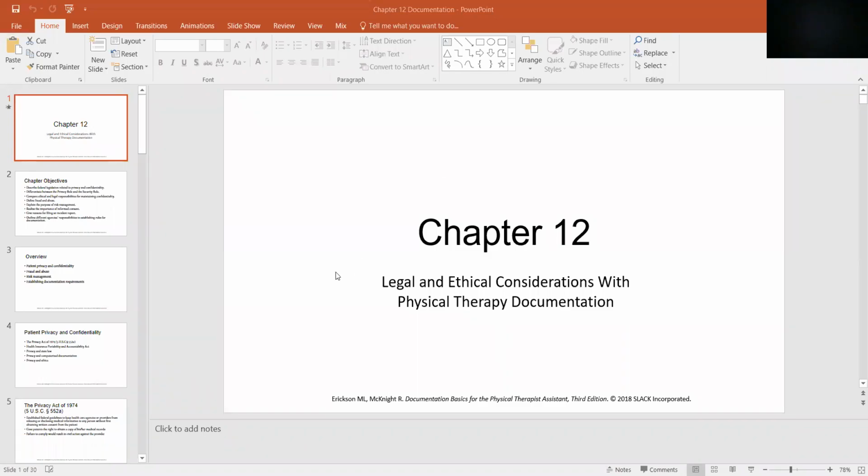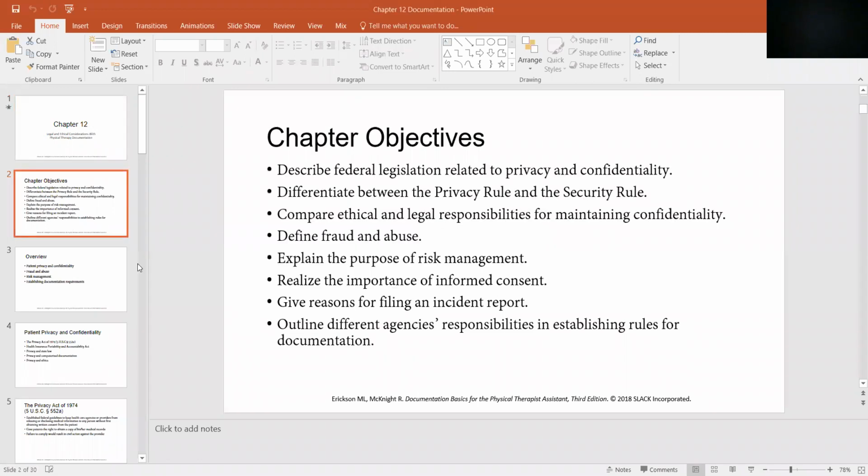This PowerPoint is on Chapter 12, and it is going to go over legal and ethical considerations with physical therapy documentation. Our objectives for this chapter in this PowerPoint are to describe federal legislation related to privacy and confidentiality, differentiate